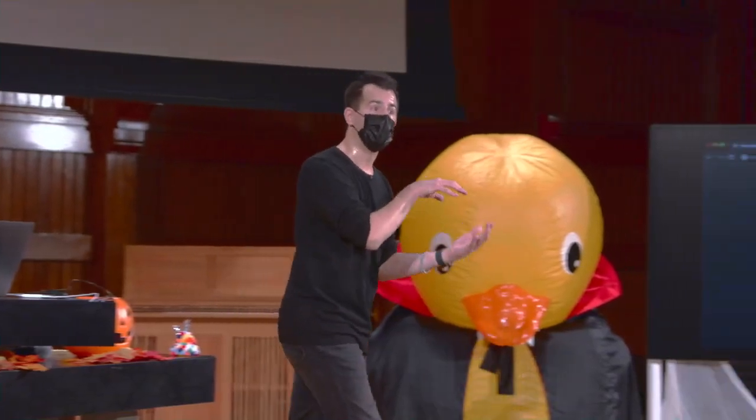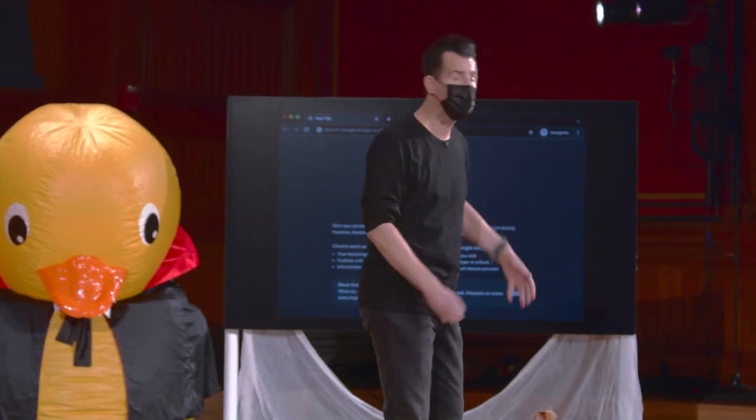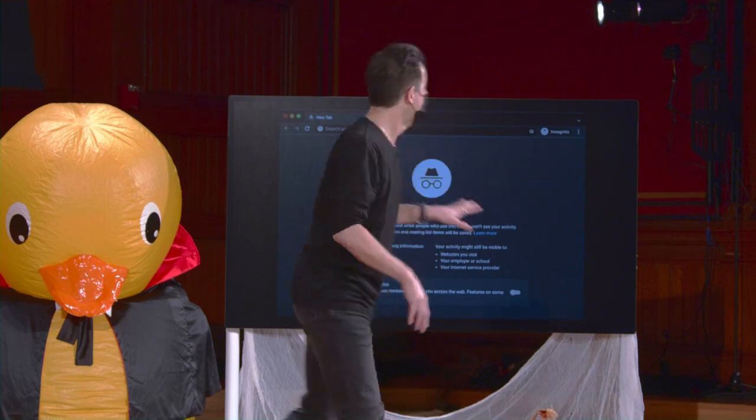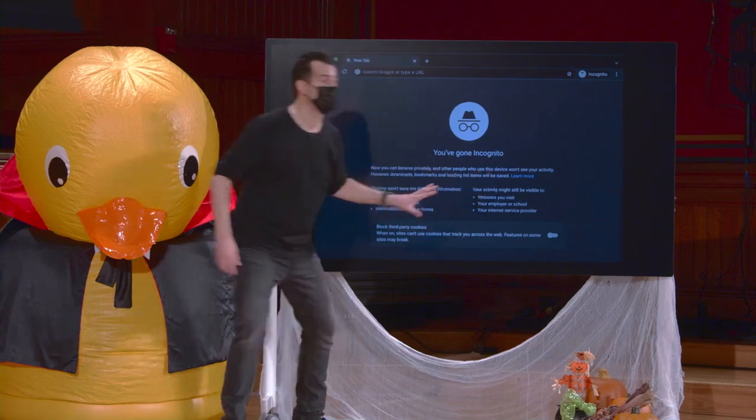All of our computers have unique addresses, these things called IP addresses that you might have heard about. In CS50, we'll explore these in another week's time. Your computer is constantly leaking information that could be used to infer who you were. So this is really just best left for when you don't want to accidentally remain logged in on, like, a friend's computer or a lab computer, because cookies are typically used to just remember that you've logged in. So if you use a friend's computer, use incognito mode, and just close the window, boom, you're effectively logged out. But even as Google disclaims, there are other caveats there too.